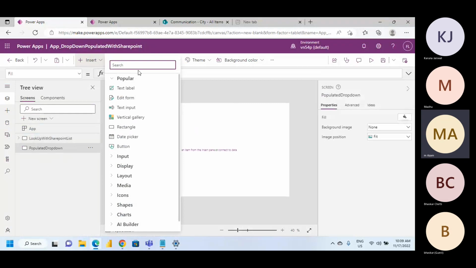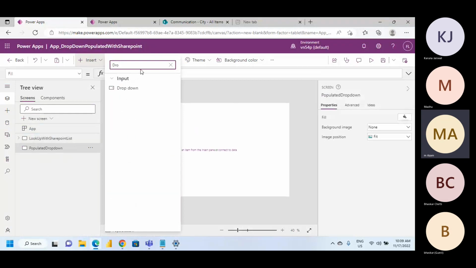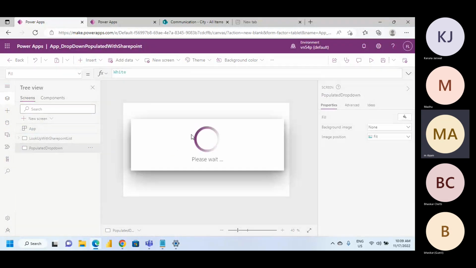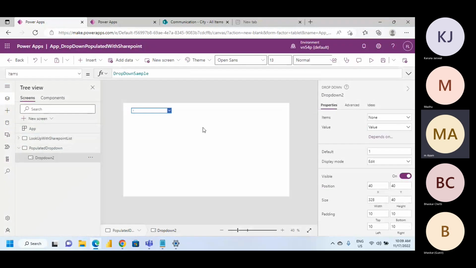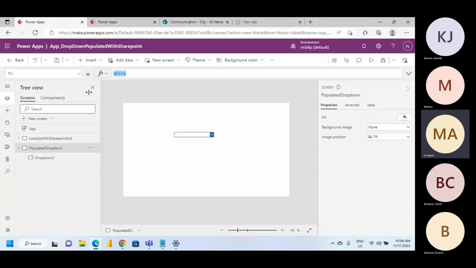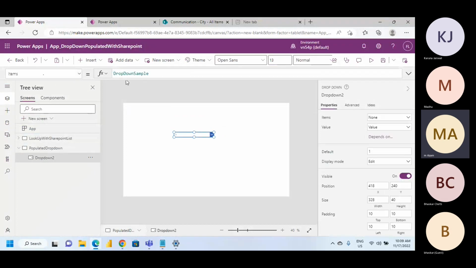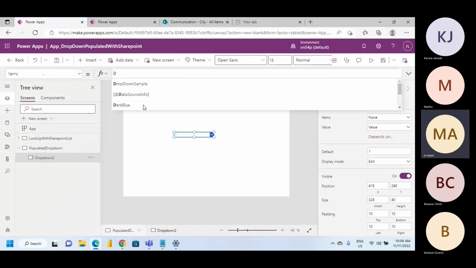Insert a drop down. Simply on the item on selected. So for the distinct function, we use Distinct. The Distinct function directly catches the value